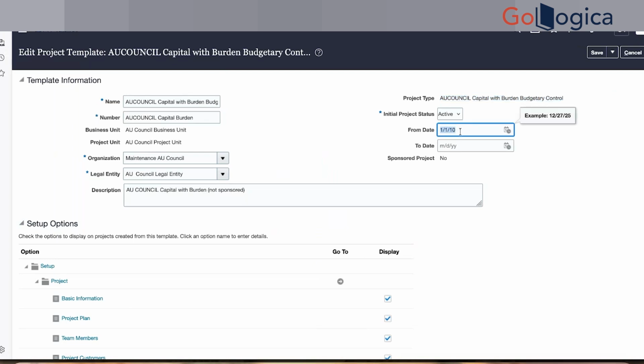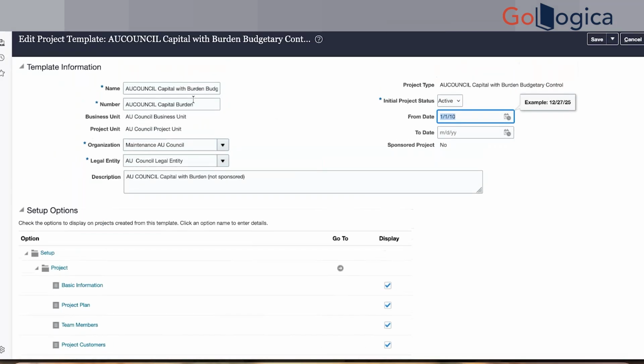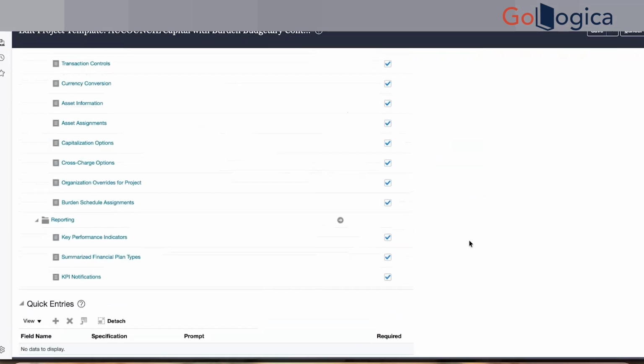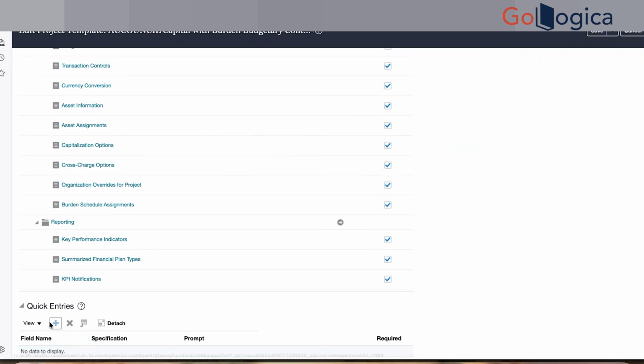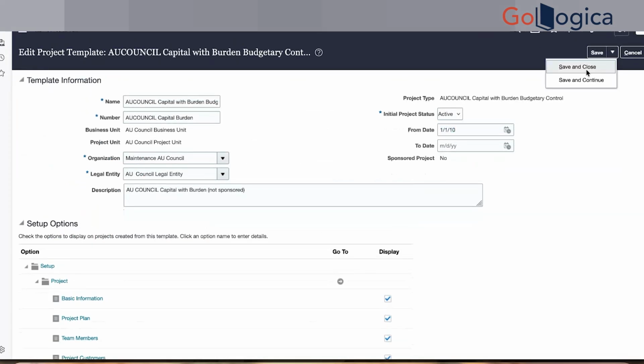And this is the start date of the template, from which the template will be available. And organization, so I was talking about the project organization, right? Any project organization you have to select. Legal entity, the BU is associated with a legal entity, so that particular legal entity we will be able to see. Quick entries, they have not given any quick entries. We will discuss about this when we create the project template. So if I go save and continue,